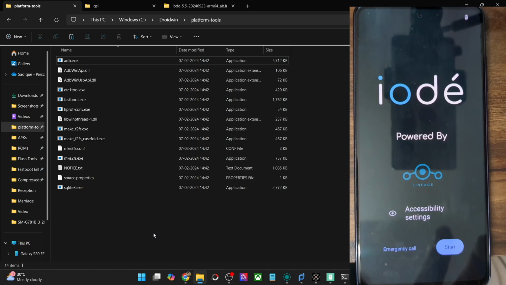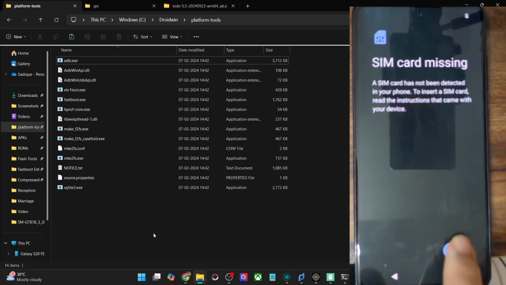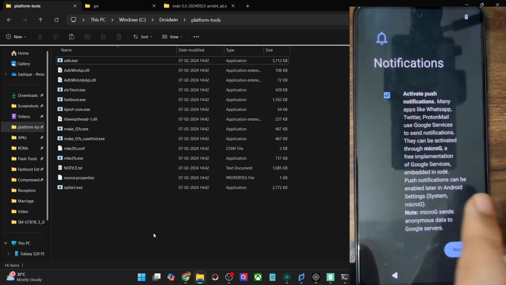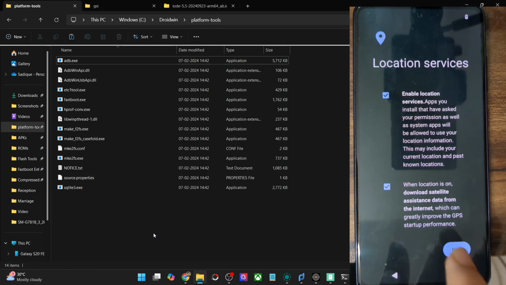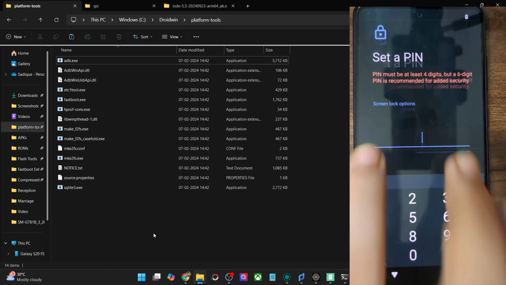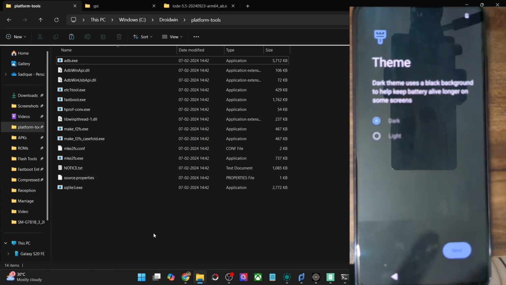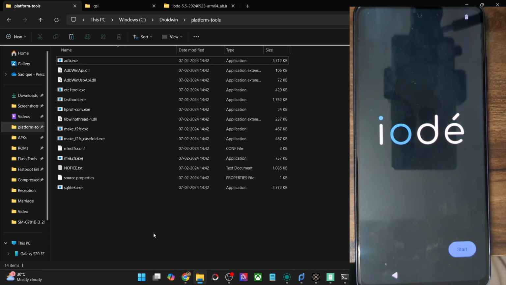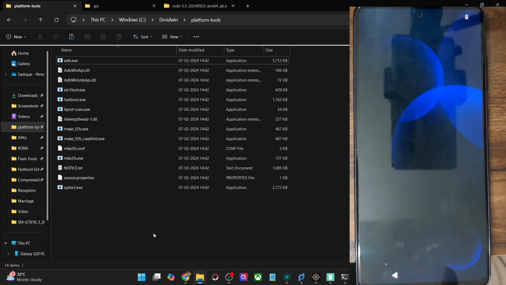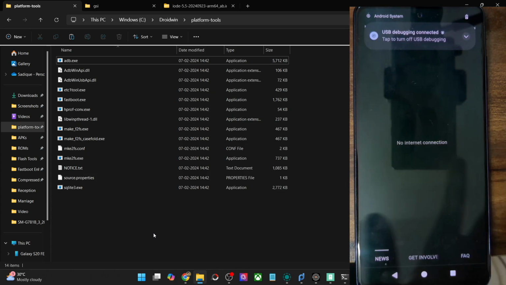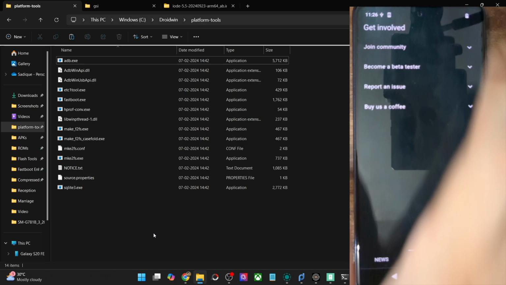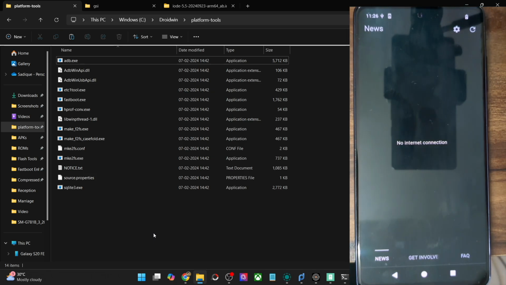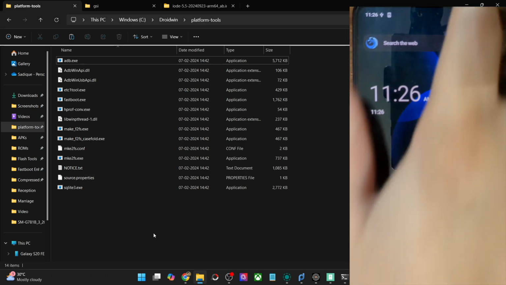And we are now inside the setup screen. So let me set up the ROM. As of now, I'm skipping the initial setup process and will take you to the OS directly. If you want, you may restore the data right now and connect your phone to the online Wi-Fi as well, but I am skipping all the stuff. Let's hit the start button, and with this we are now inside the OS. From here you may have a look at all the news sections and other things of the ROM, and tap on the home screen, and you are now inside the ROM.